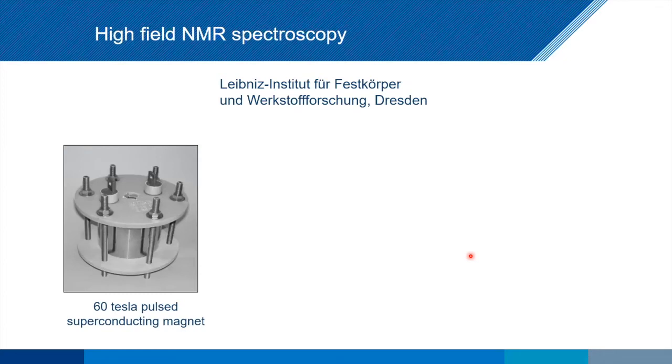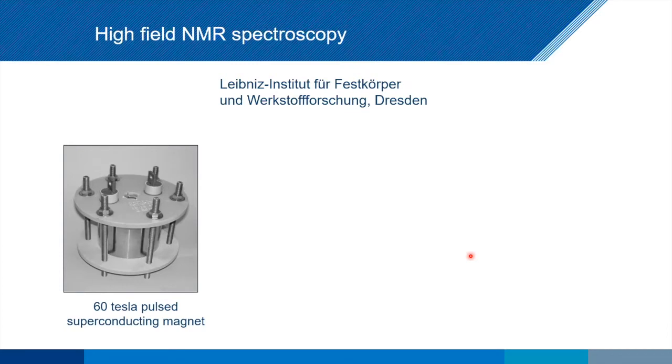But when we talk about high field, I've said, okay, we're looking at 21, 22 Tesla, something like that. Let's really go to really high field. Let's push it as far as we can. And this is work that I was doing with the Leibniz Institute in Dresden, full of some completely and utterly insane German and Russian chemists there. And essentially what they had here is a 60 Tesla superconducting magnet. So we're going to do 60 Tesla MR.